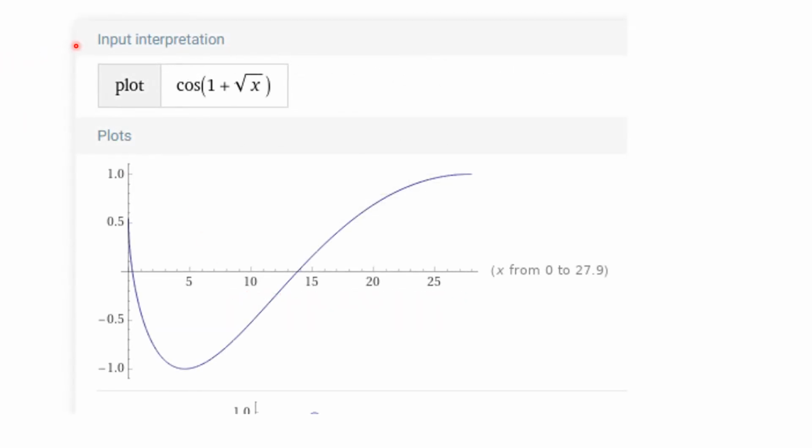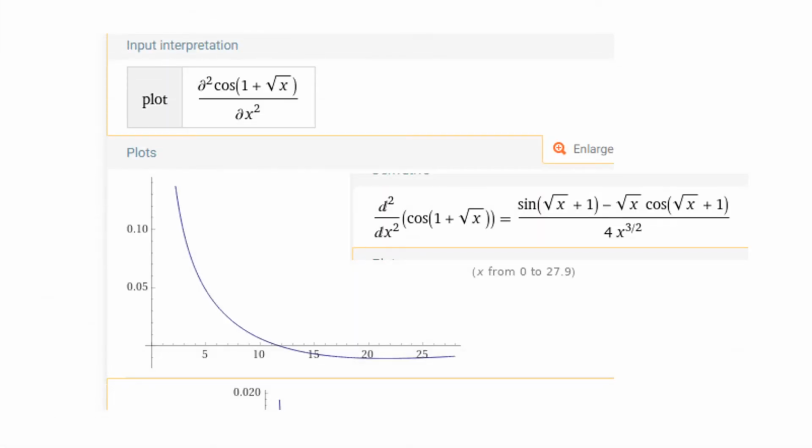It may be of interest to you to know what the graph of this looks like. And this is what the graph of y equal cosine of 1 plus the square root of x looks like. And so you can see what it looks like, and again we're going from 5 to 10. It also, for reasons that should be obvious whenever you've completed your studies of this numerical integration, it's useful for you to know for this problem what